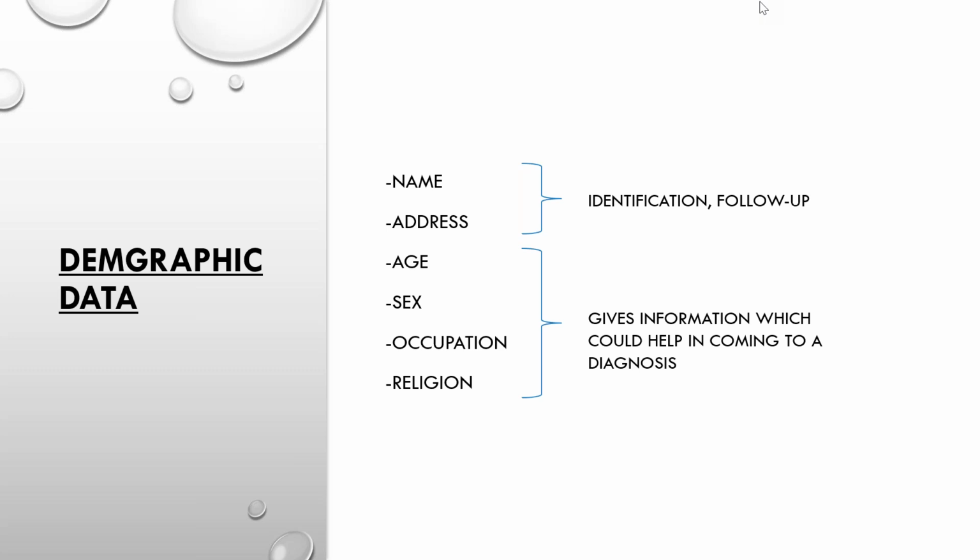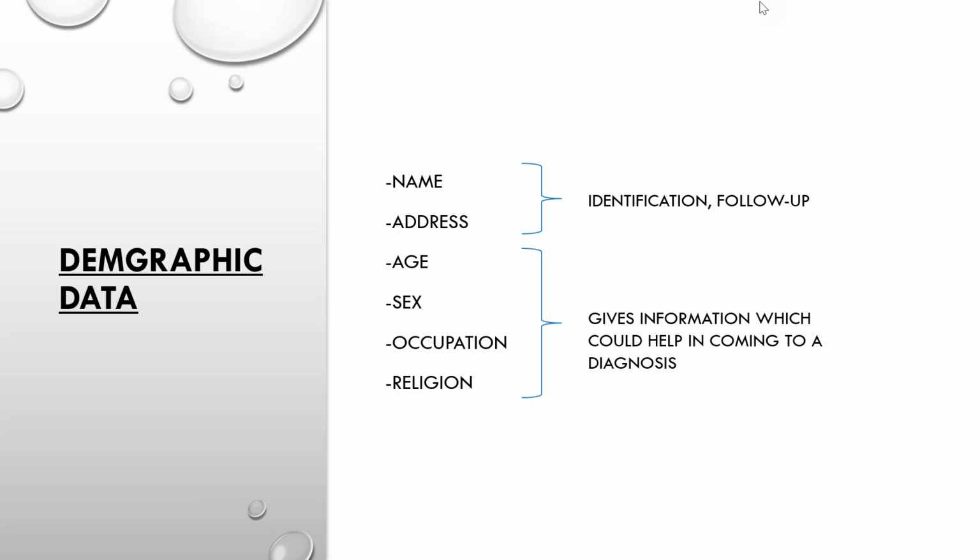Now, how age is important here is when it's in a newborn, it can be congenital, right? So then you have to rule out the congenital causes of cataract. For example, you will rule out TORCH infections, or you'll ask the mother for a history of TORCH infections. If it is in a young child, you have to rule out developmental cataract, and accordingly ask relevant questions for that particular age group and rule out the etiology of cataract in that child.